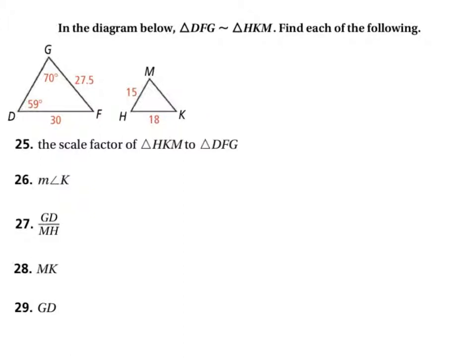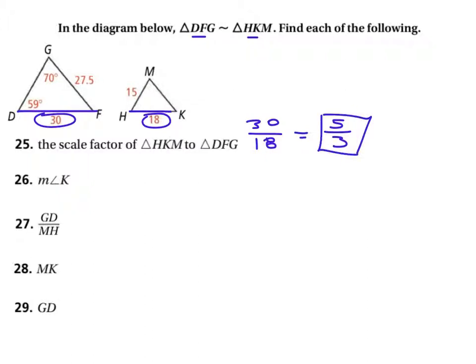So what is the scale factor? 25 is the first thing. It says, what is the scale factor? And again, we know that corresponding sides, look at up top, DF, the first two letters, corresponds with HK. That's this corresponds with this, and therefore that's corresponding with that. What is that scale factor? That's a scale factor of 30 to 18, but of course, we need to simplify it, because that's what you do with scale factors, bring them down to simplified terms. And these are both multiples of 6. So 30 divided by 6 is 5, and 18 divided by 6 is 3,